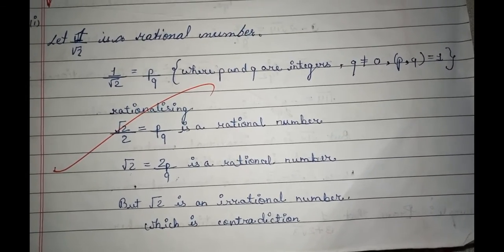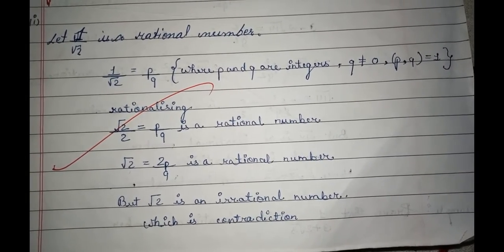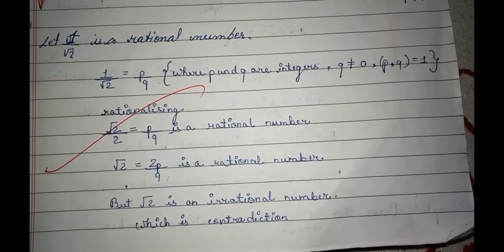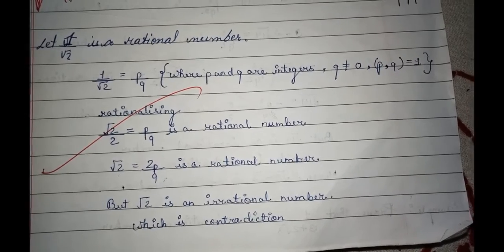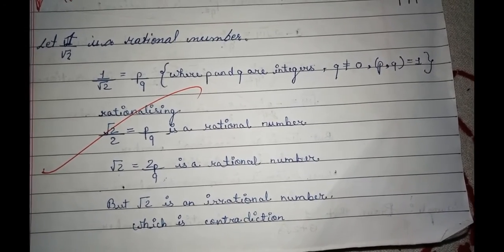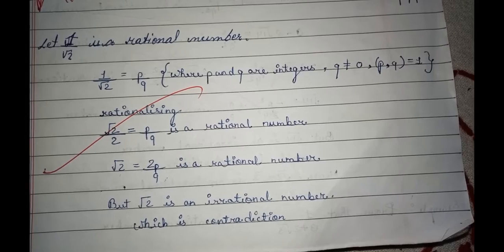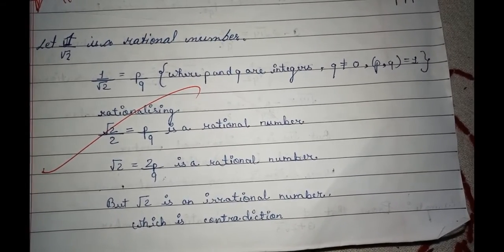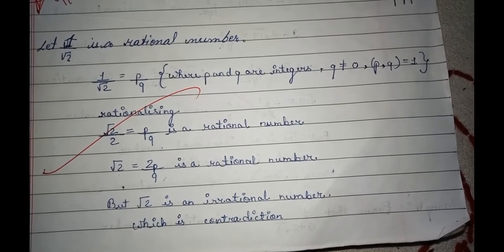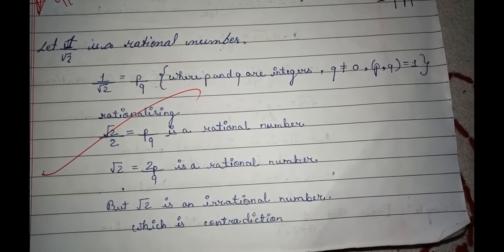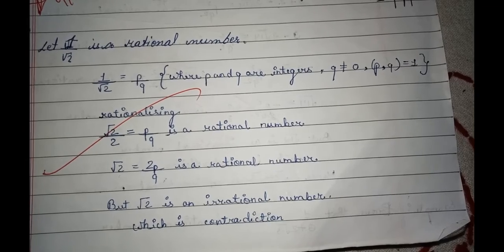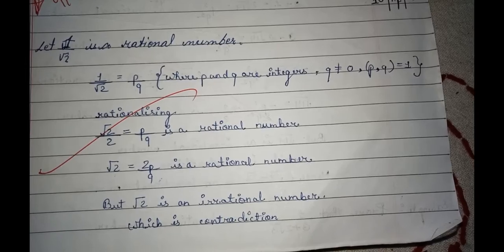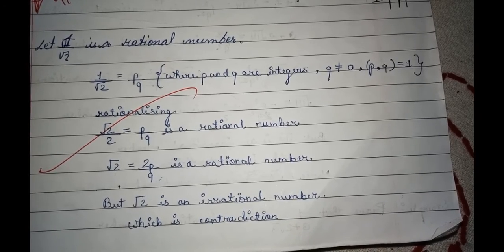Now on rationalizing 1 upon root 2, we have to multiply 1 upon root 2 by root 2 and root 2 both in numerator as well as in denominator. So we will get 1 into root 2 equals root 2. Also in the denominator we will get root 2 into root 2, which is equal to 2. Now we get, after moving this 2 to the other side, this will convert into multiplication. Now we get in the third step root 2 is equal to 2 into P upon Q